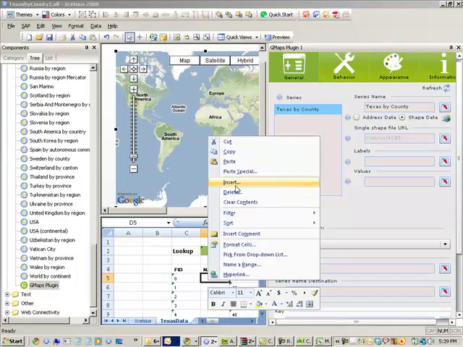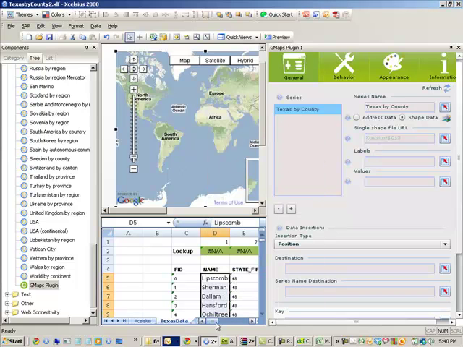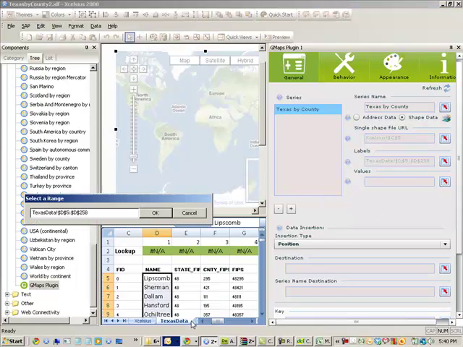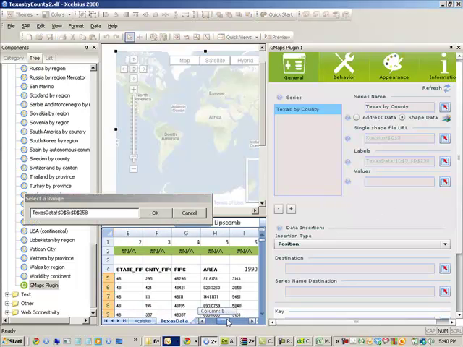An important consideration when you're using this particular tool, or any tool for that matter, is to use the default order for which the DBF loads the data. If you were to sort or change order, it could affect your results. Now we've got county names that we can associate with each shape within our map. I can go to Labels and bind my labels, which will assign each individual label to the shapefile. I could also do something similar with values. Let's say I wanted to associate our population in 1997